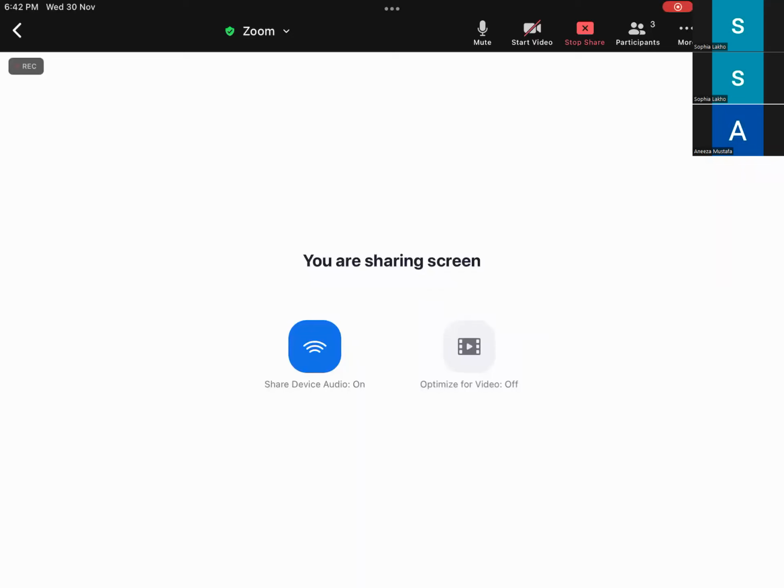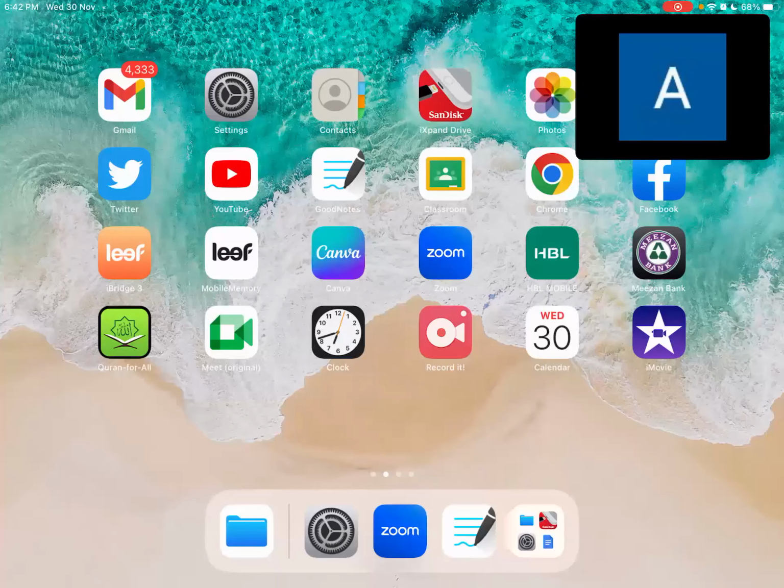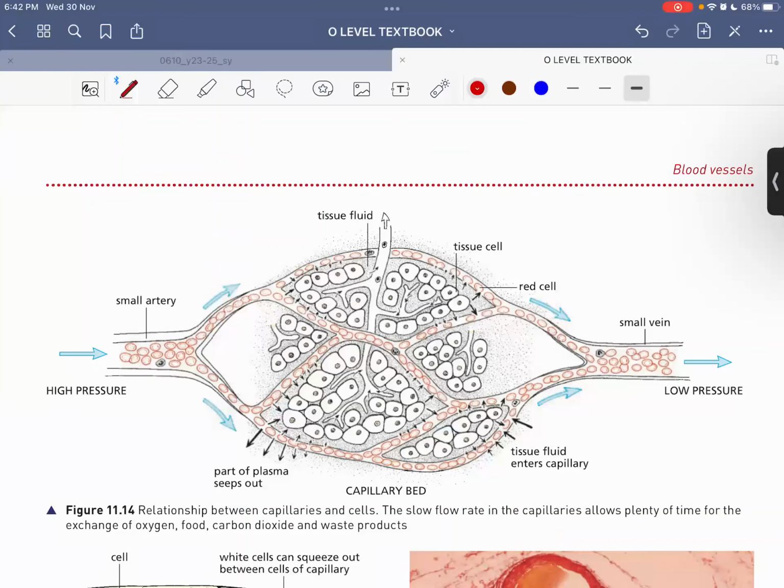Let me use the red color for this. I can't see it. I'm sitting here. Okay, just a minute. Okay, so now you can see the screen, and this is the